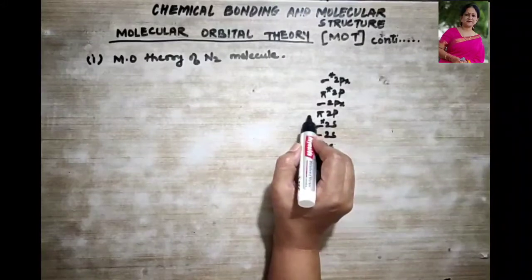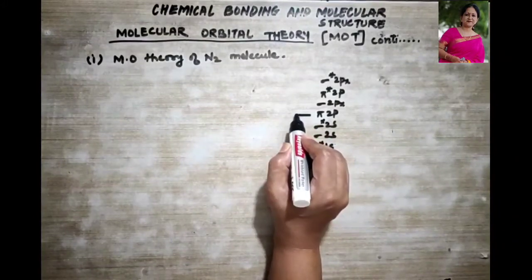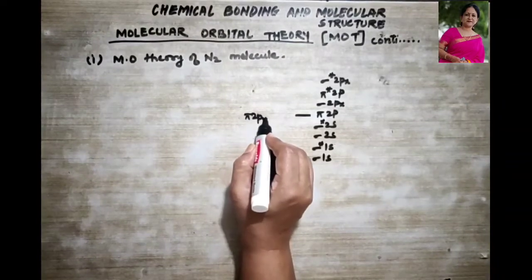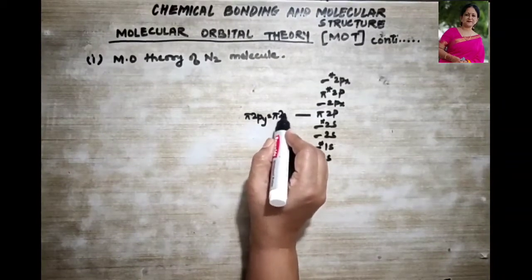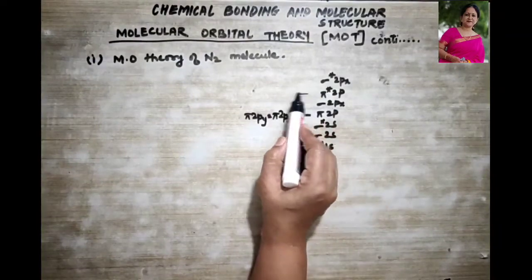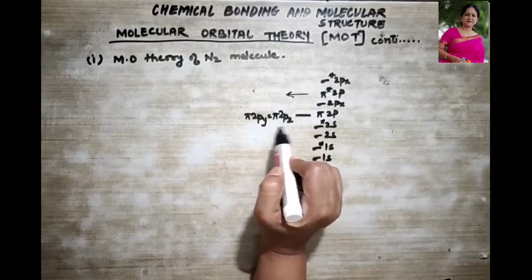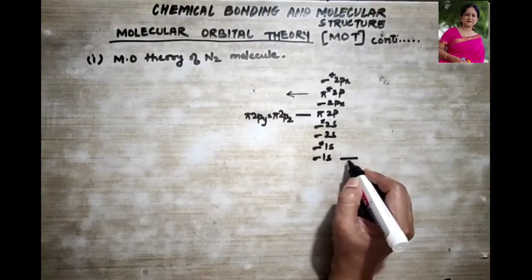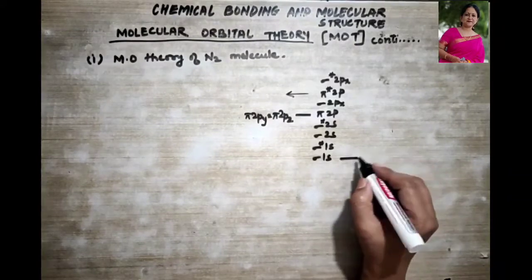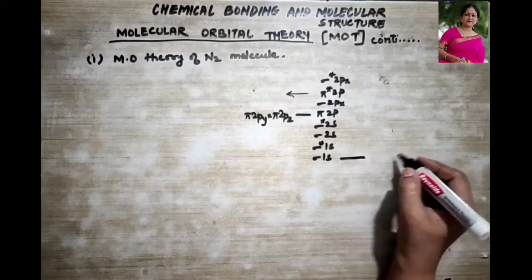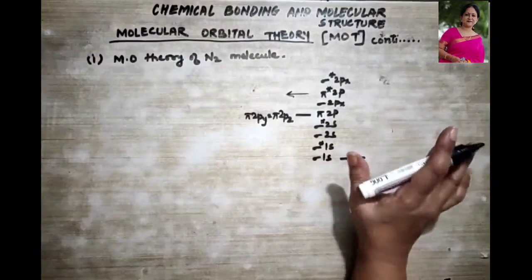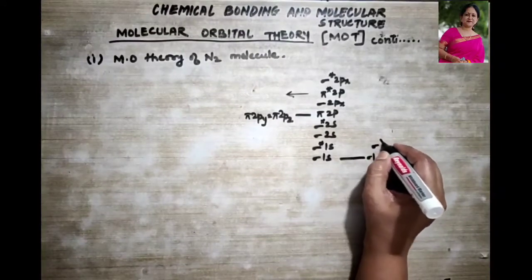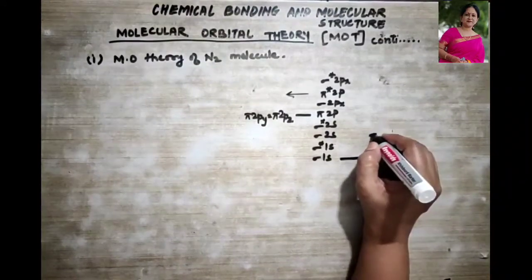Now what I mean by this, if you remember, is that sigma 2py is equal to sigma 2pz. Same thing is over here. It is antibonding over here and this is bonding. Now let us see how the electrons fill up. I'm not going to draw the whole diagram; you understand it like this only. The diagram you are going to practice.